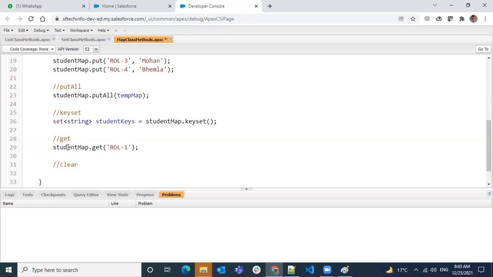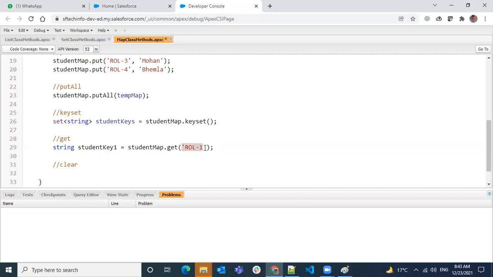The data type it will return is the data type of the value, a single value. We are trying to get a single key, right? So the return type will also be a single value. So student key one equals the value we get using it.